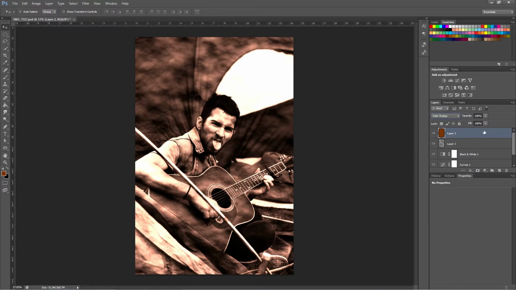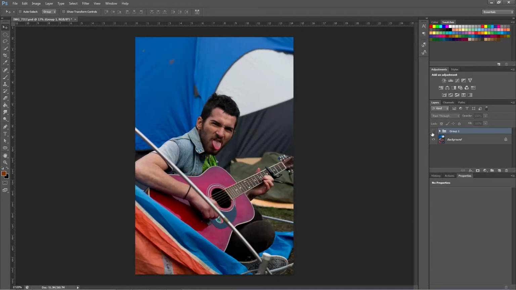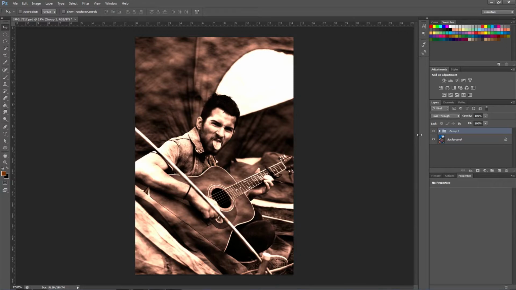So what I'm going to do here real quick is scroll down and shift click to select all these layers. I'm going to hit Control G or Command G on a Mac to group them together, and click on the side to turn it off for a sec. We're trying to change the sense of this image. Before, we had this color photograph. It's an alright photograph of this guy, but we're trying to create this edgy look to create a certain sense about him and this photograph,